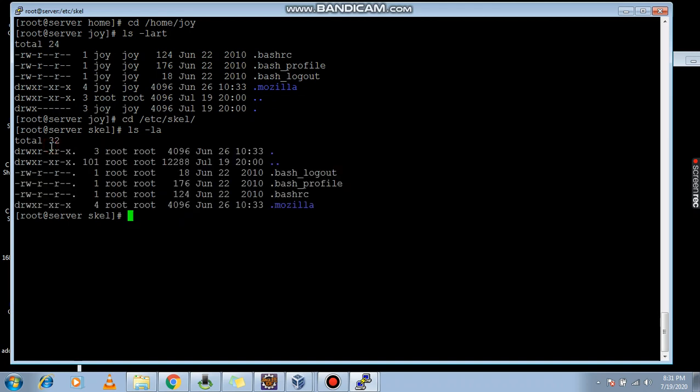and this path is by default under cd /etc/useradd.